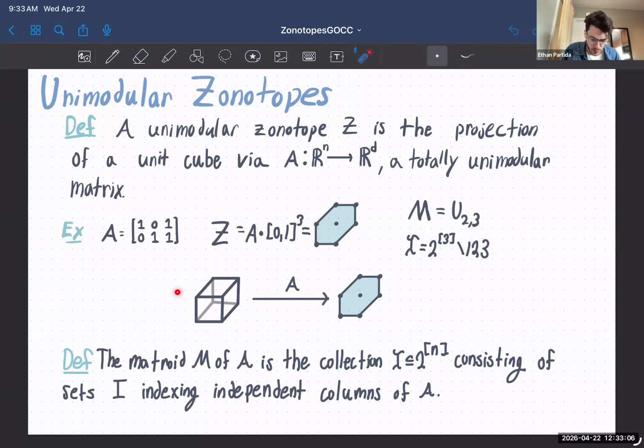And you can get a surprisingly large number of interesting polytopes in this manner. It seems sort of limited at first. For example, the permutahedron, which is a favorite example of folks, is a unimodular zonotope. And